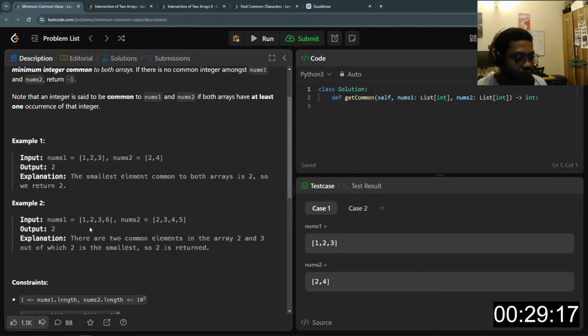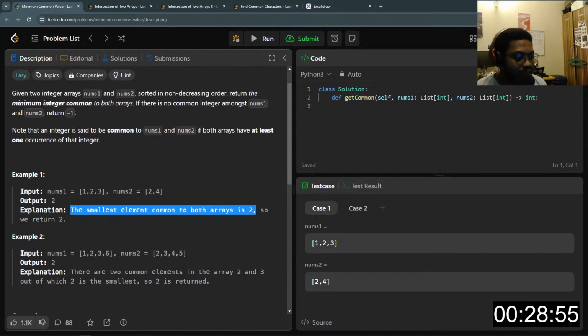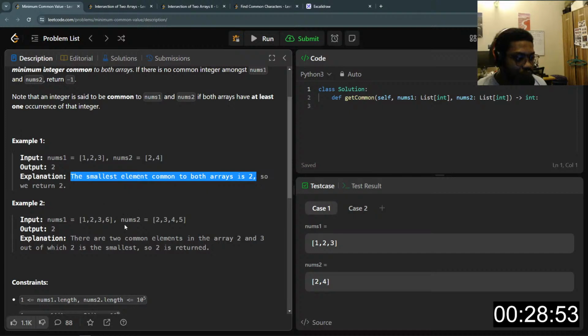In this case here, this will still be 2 because they have 2 here, 2 here, 3 and 3. So that's the smallest common to both arrays, so we return 2. Is it the integer we are returning or the count of? There are 2 common integers in the array, 2 and